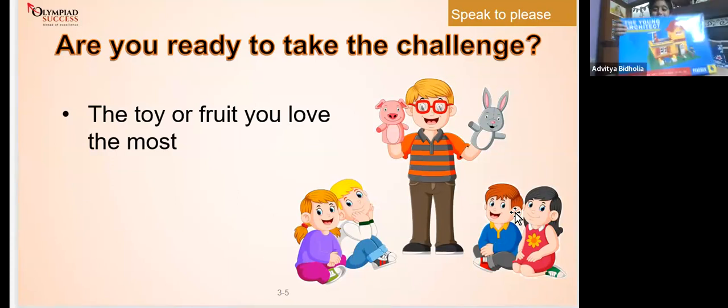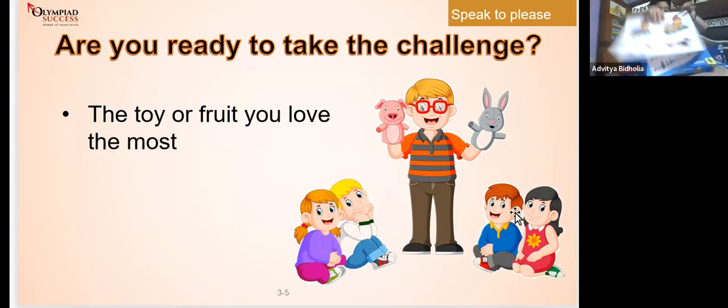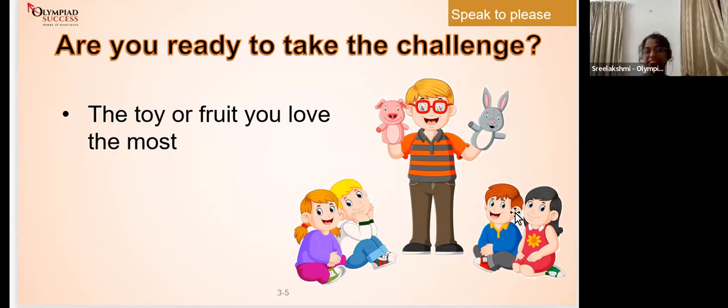And ma'am, I have the blocks inside it. And I have an instruction book for it. I have made all these horses, and I have made this whole house once. And I have done this also. It's been 2 years, so I would already have done it. And that's enough. Thank you. Very good, very good.